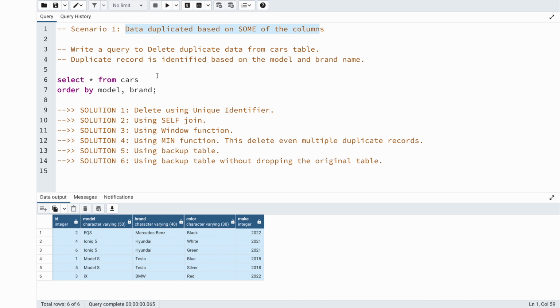Okay. Now let's say you have been given a requirement where you need to write a query to delete duplicate data from the cars table. Okay. And they have told us that duplicate record is identified based on the model and the brand name. Okay. So what this means is not every column needs to have duplicate data in order for the entire record to be considered as duplicated. Okay, even if you can find records where the model and the brand are duplicated, we can treat the entire record to be duplicated,